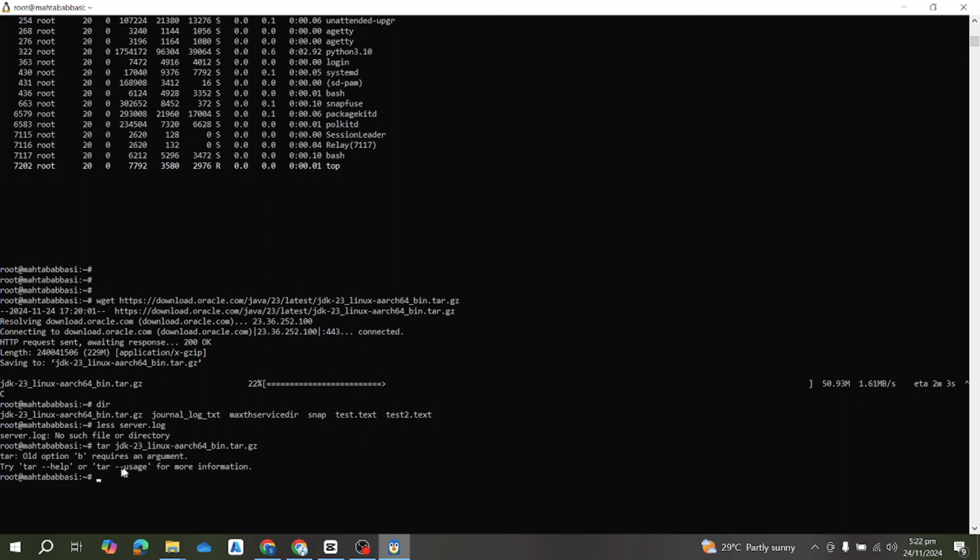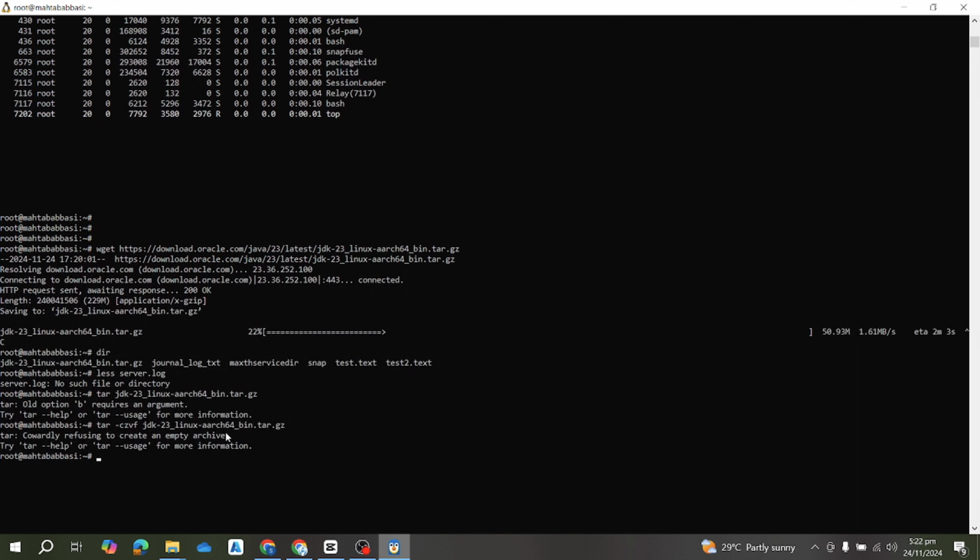Okay, the old option B requires an argument. What argument can I provide? Let me check. Okay, minus CZVF. It is refusing to create an empty archive, because it is an empty archive, and because we have stopped downloading, so that's why it is saying it is an empty archive. There is nothing to extract, so that's why. Okay, next command is